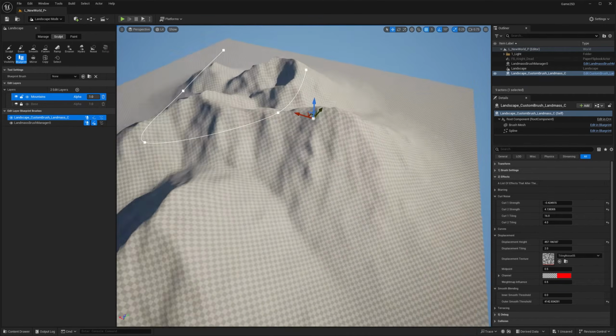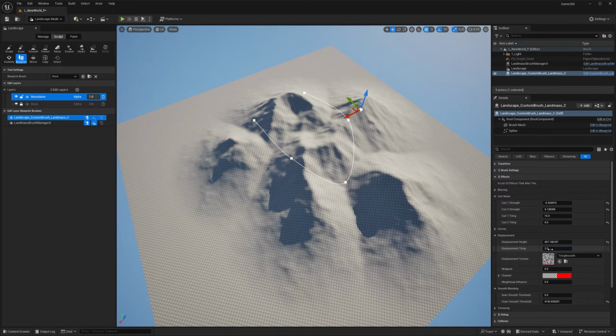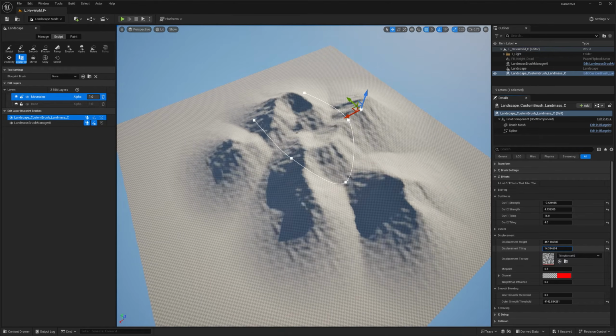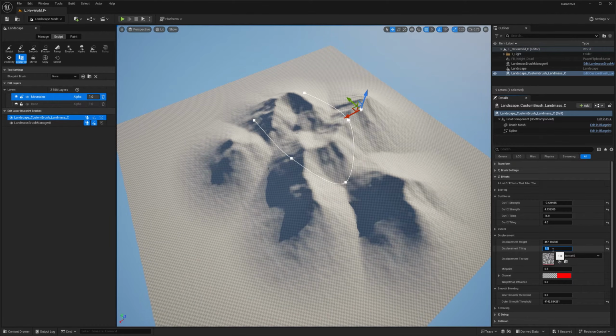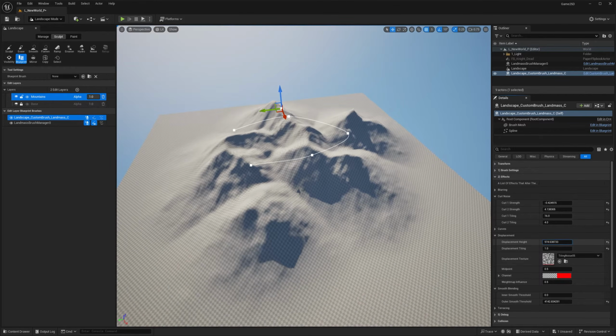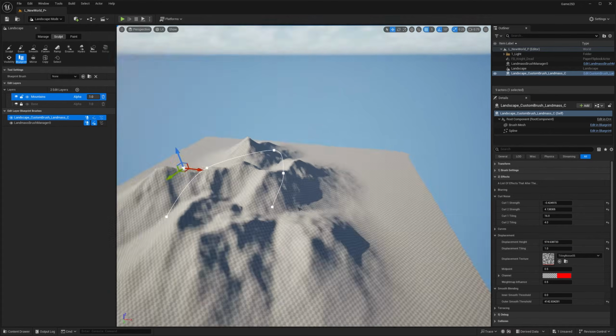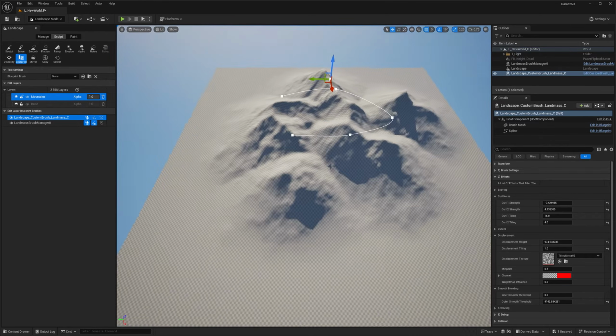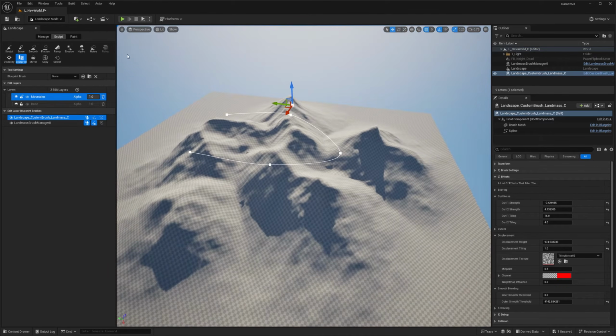Maybe I don't like the way the scale is here. I want to have a different tiling. I can change that too. But in this one, I actually recommend you play with big areas, which essentially means a smaller value. So you can get the formation going. You can always go after and sculpt on top of this with the noise brush.